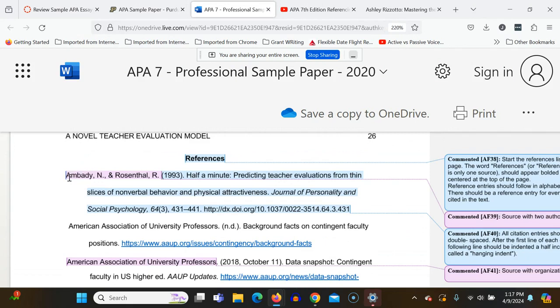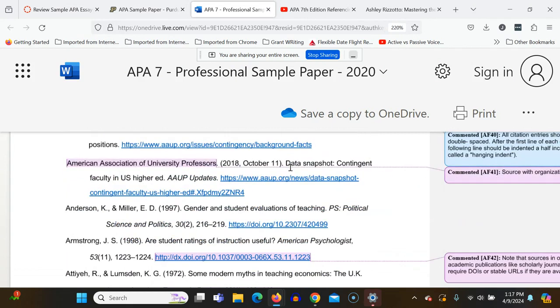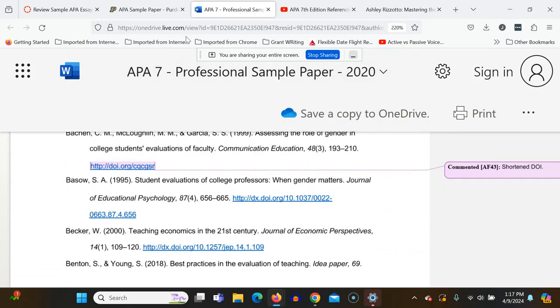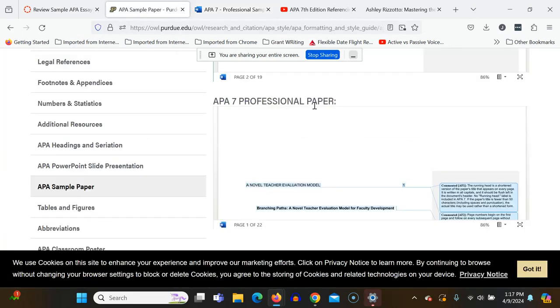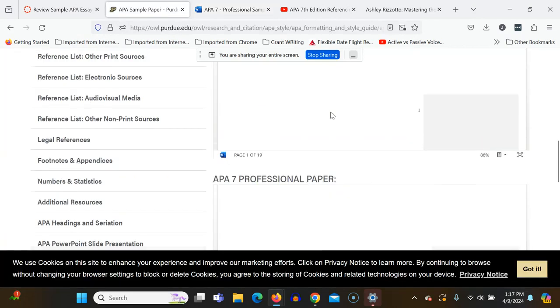So make sure that if you don't know how to do that, you look it up, because you see the date here is in a different location than it is for MLA. So do look that up. You can do that also in the L. Let me go back and show you how to do that. So at the top of the